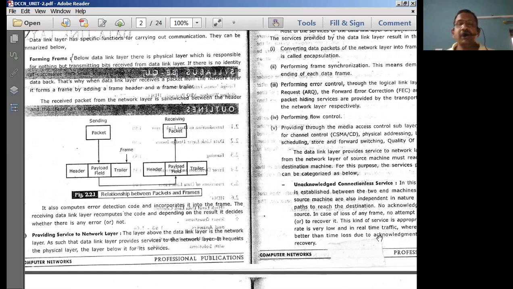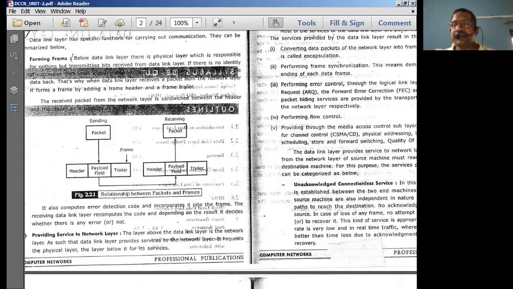Therefore, when you use the terminology packet, you should be careful. You're talking about the data representation in terms of the network layer. When you talk in terms of frames, we are talking about the data concerning the data link layer.